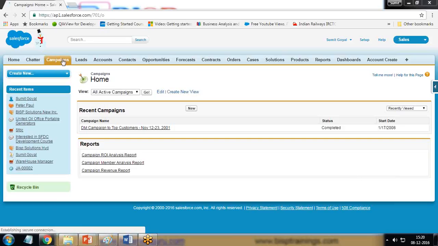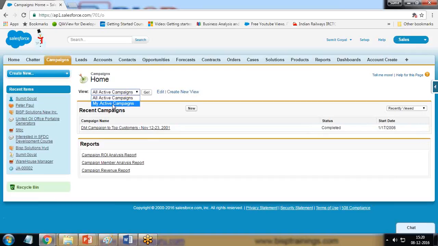So as soon as you click on the campaign tab, you will get a list of all the recent campaigns related to you. We have an option for all active campaigns and my active campaigns. All active campaigns means all the campaigns available within the organization, and my active campaigns are the campaigns which are associated with you, or you are the owner of those campaigns, or the campaigns which are created by you